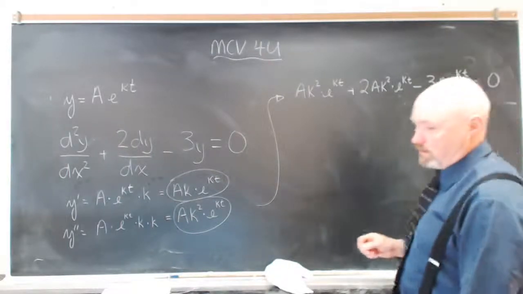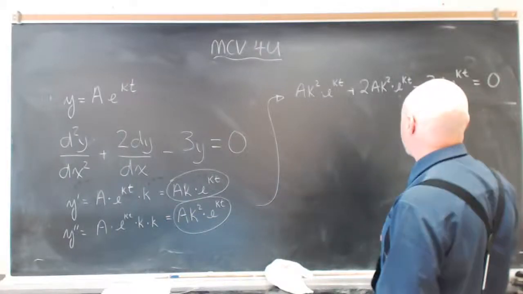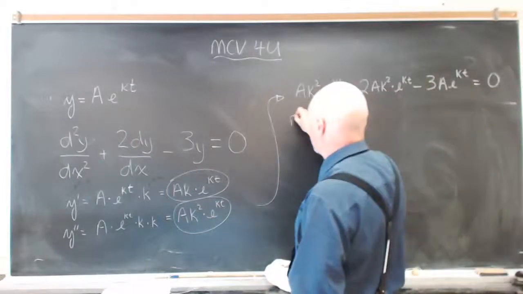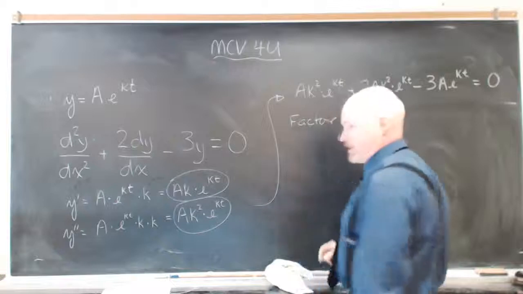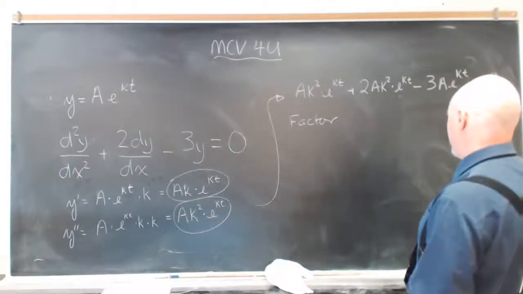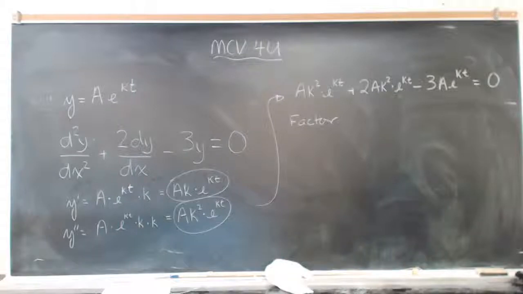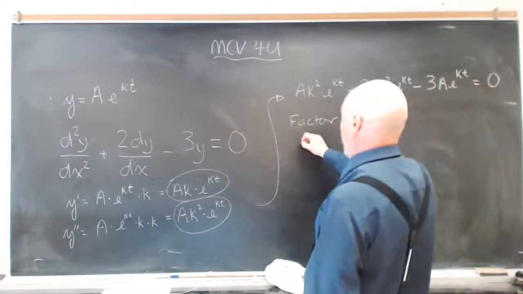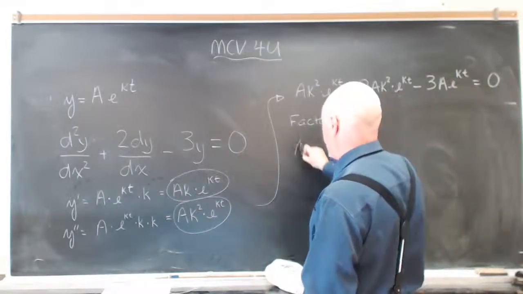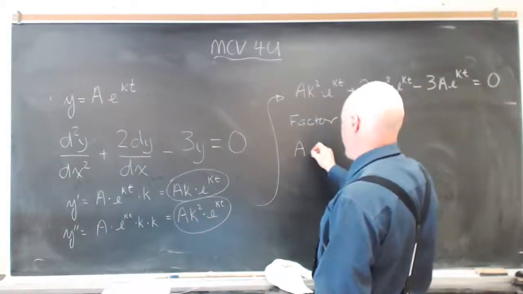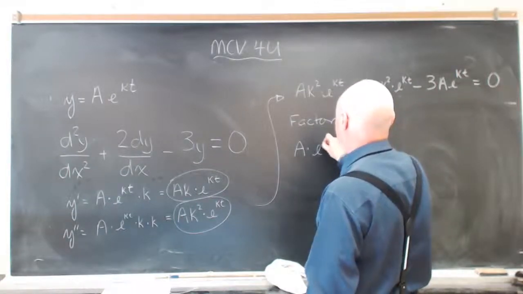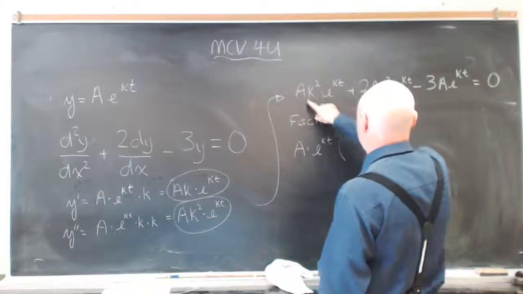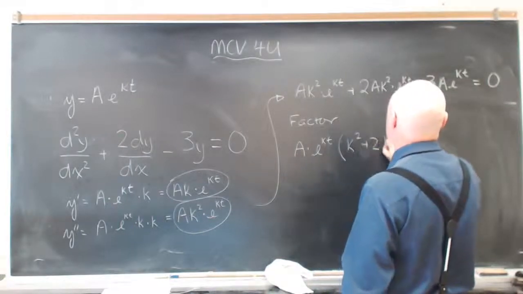So what tradition do we follow in math and in calculus when we get something like this? Factor. You are a steely-eyed missile person. Even before I wrote factor on there, you knew right away. So, yeah, that's pretty good. So we have a common factor of A. And there's an e to the kt in every one of those expressions. And then we're left with a k squared plus 2k